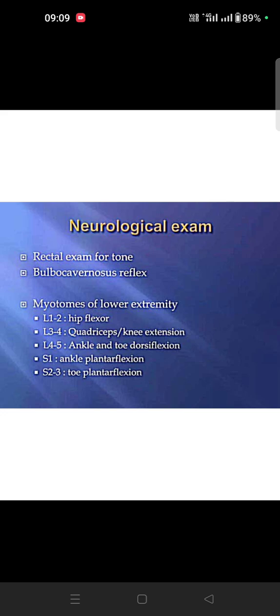Then myotomes for the lower extremities: hip flexors and quadriceps, knee extension, ankle and toe dorsiflexion and ankle plantar flexion, then